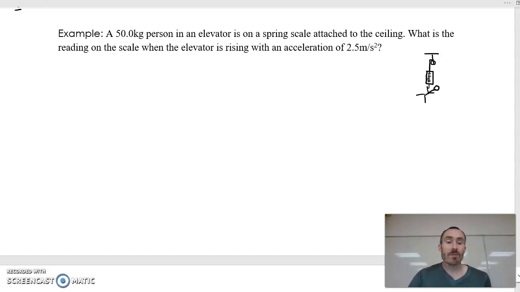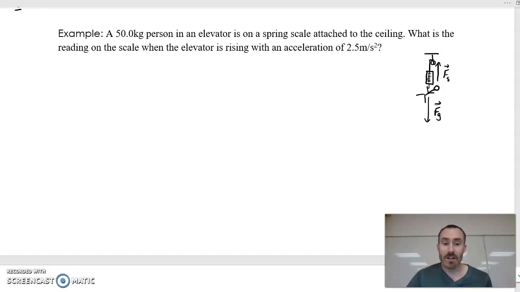Okay, now the spring scale reading is telling you how hard the spring is pulling on the person to keep them holding still there. So what we've got here is a force of gravity pulling downward, and we've got what I'm going to call spring force, but really you could call it a force of tension or something like that. We're going to call it Fs, just the force from the spring scale. So we have the force of gravity pulling down, we have the force from the spring scale pulling up,